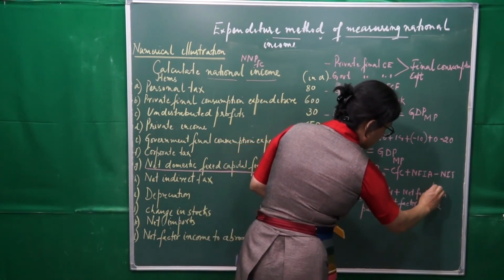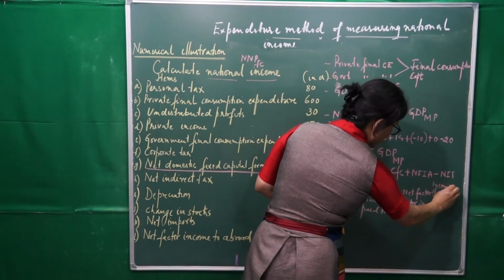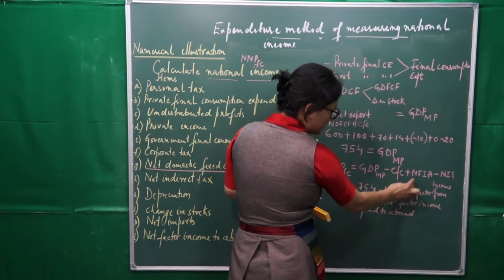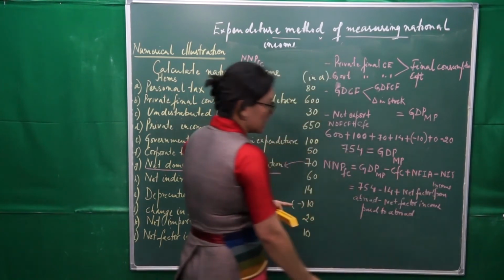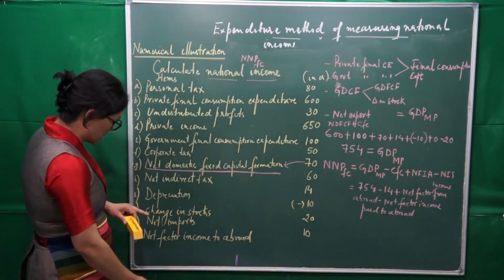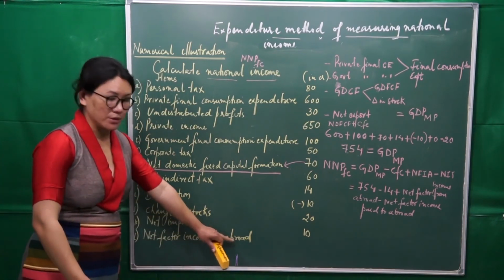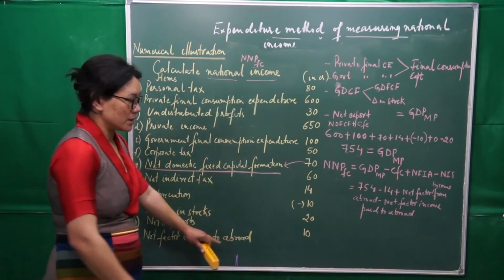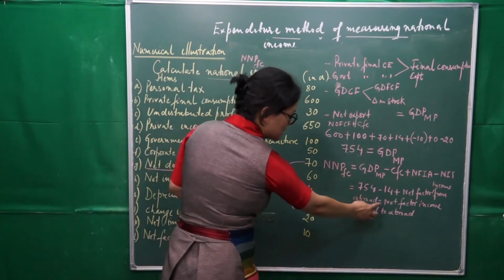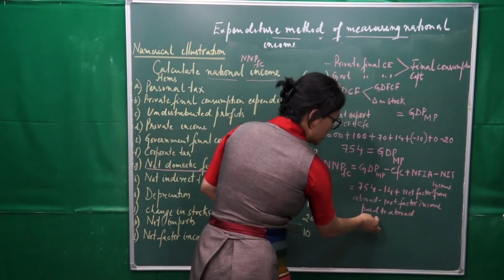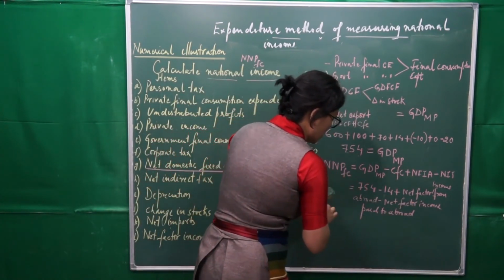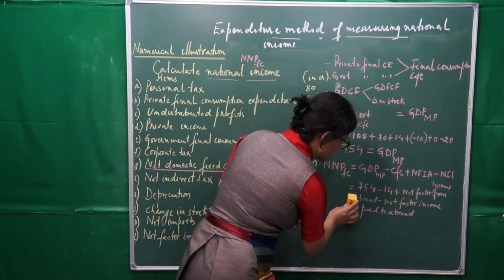Okay, so here income. So the difference between these two will make NFIA. Now in the problem, which one is given here? So we have net factor income to abroad, it is given. Alright, so to abroad means this one. It is given here. Okay, so now what I will do here is